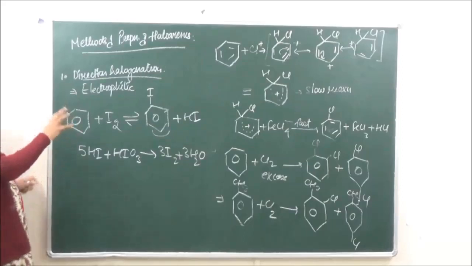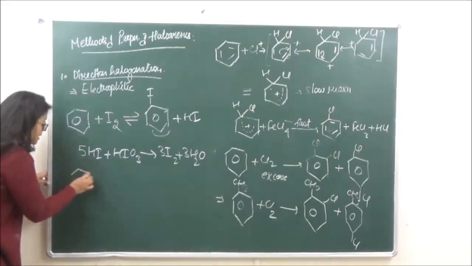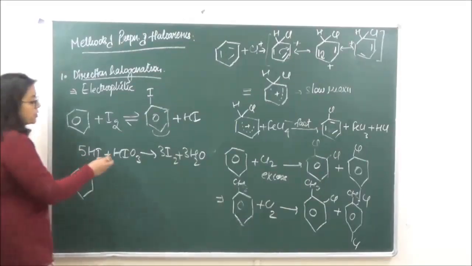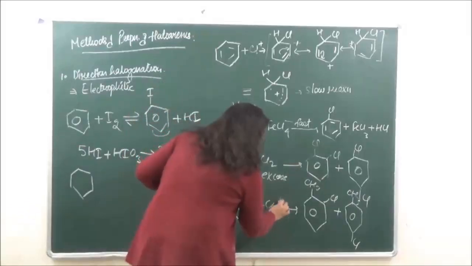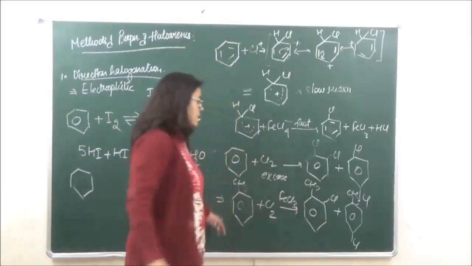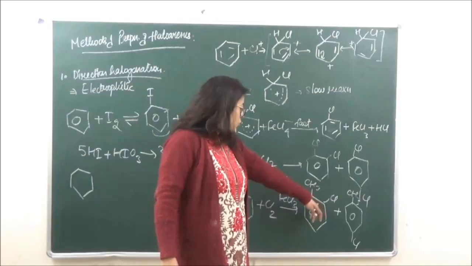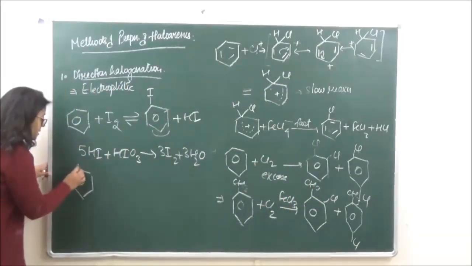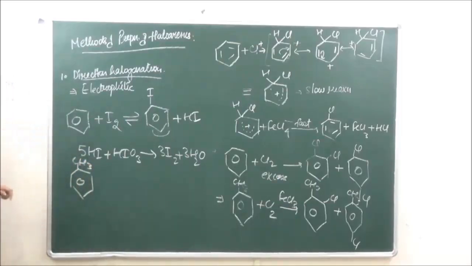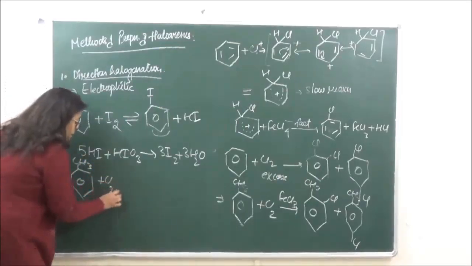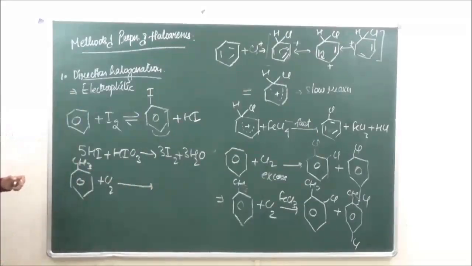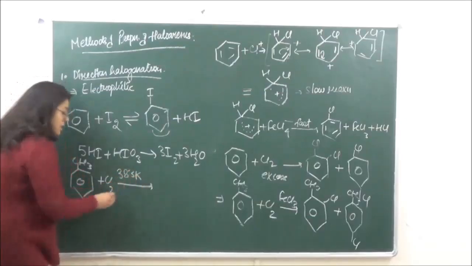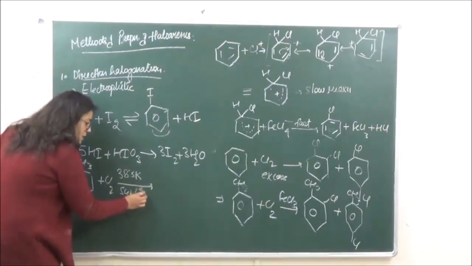Now if in case we are taking FeCl3, please remember the reaction conditions in organic chemistry are going to be very important. The reaction you have done here, this reaction we have done in presence of FeCl3, so we are getting a mixture of ortho-chlorotoluene and para-chlorotoluene. Now if we take the same CH3 compound and react chlorine with it, but change the reaction conditions, that is 383 Kelvin, and do this reaction in sunlight.